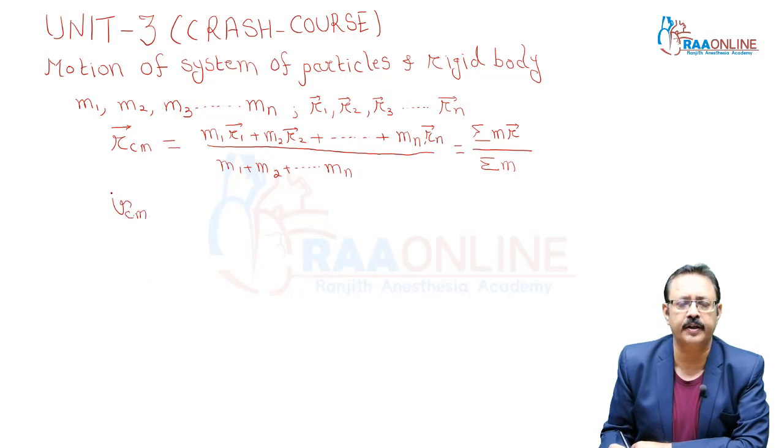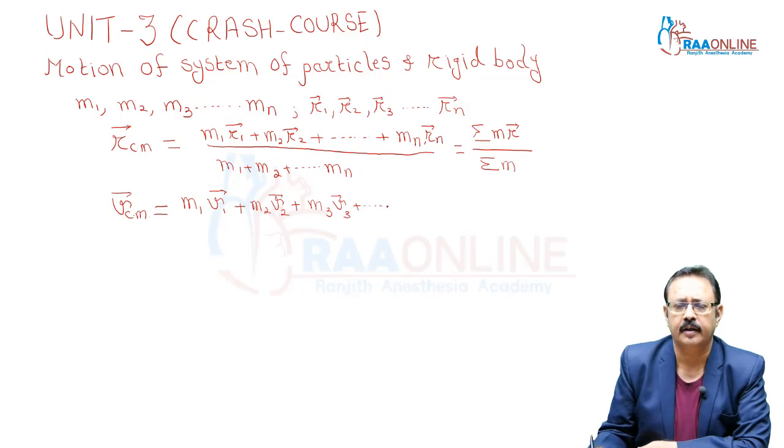You know the rule of differentiation. m1 is constant and differentiation of r1 will become v1, and the denominator is constant as it is out of the sign of differentiation, so it will come back as it is, plus m2 v2 plus m3 v3 and so on, plus mn vn